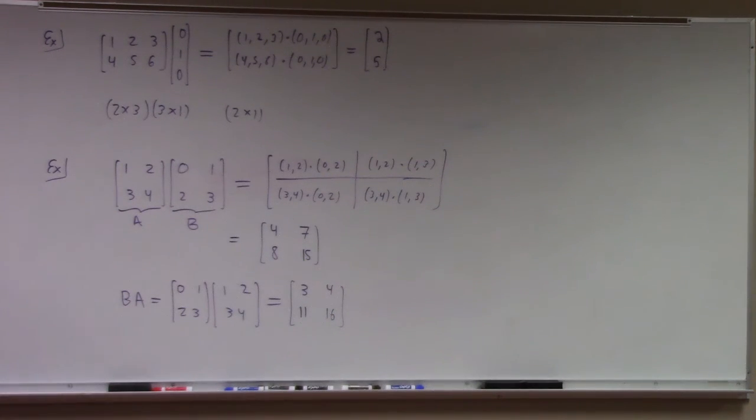So this illustrates a general phenomenon, which is that matrix multiplication does not commute, right? A times B is not equal to B times A. You have to be really careful about this for symbolic problems. Be careful not to assume that matrices commute. If you do, you'd be wrong, usually.